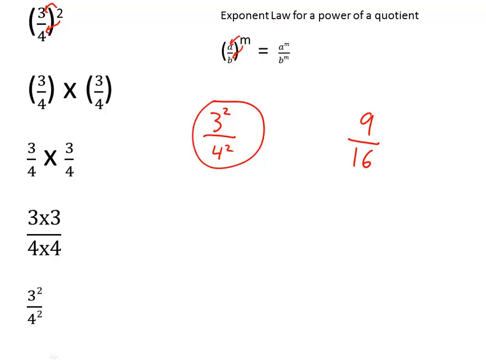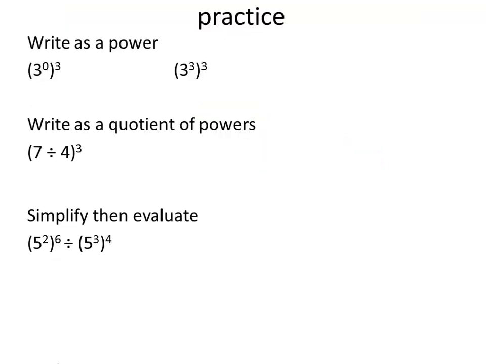Okay. Now, you don't have to multiply it all out like I did right here, because if you get a letter or a variable like an x or a y or an a or a b or something like that in there, you might have to leave that as a squared in there. Okay, so we have a little bit of practice right now, and I would like you to try to put this on pause. This is some questions from last time,